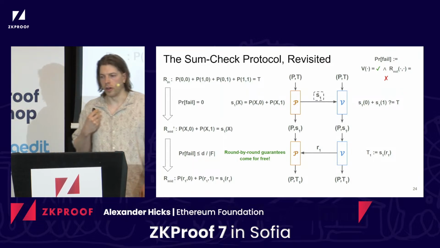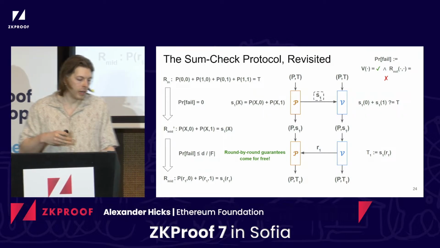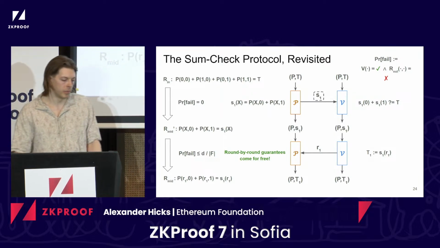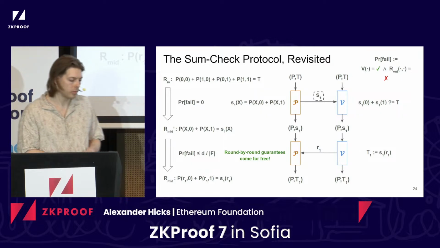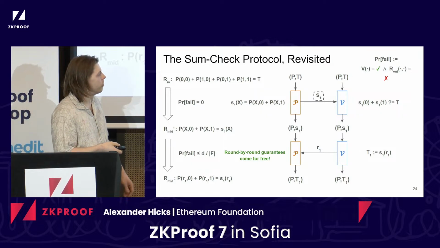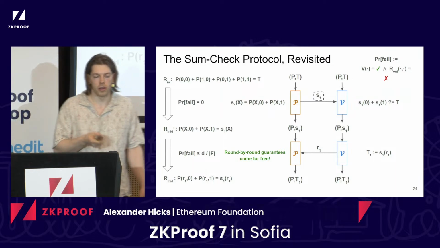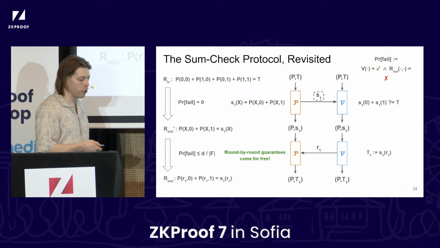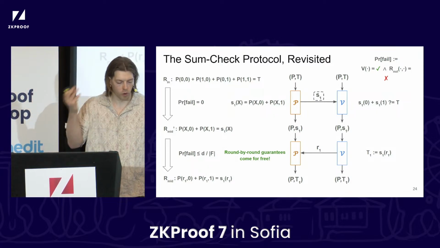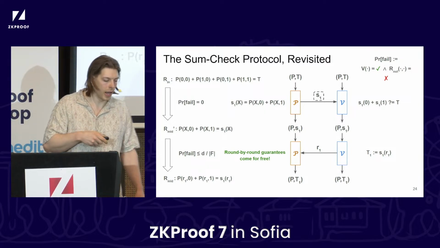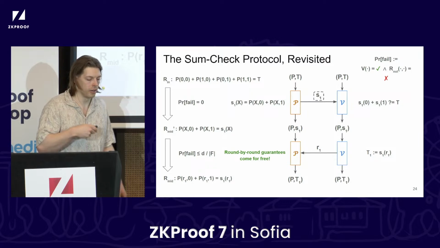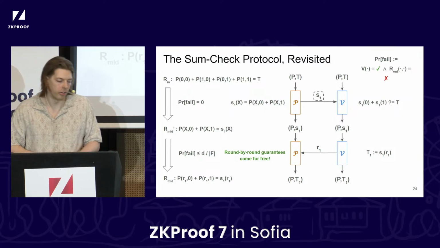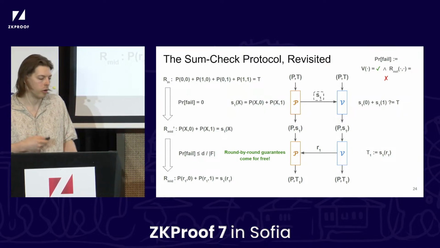And the nice thing here is that by breaking things down as much as possible, you've ended up with S1 here, which is just P of x and 0, and P of x and 1. And for the verifier to check this is deterministic. So the probability of that failing is 0, which is all great. And then you end up with your mid-prime intermediate relation here. And the property of that is just going to be d over the size of the field. This is just the Schwartz-Zippel lemma, which comes up if you try to prove the soundness of the sum-check protocol as usual.